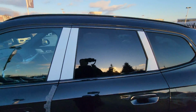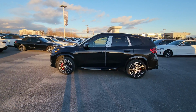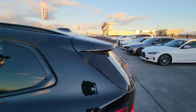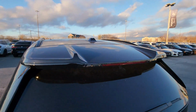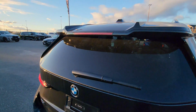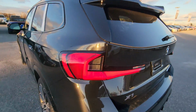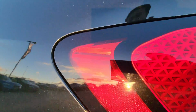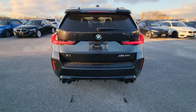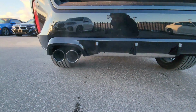And I'm just gonna take a step back here so you can see the side profile of this car. It pretty well looks like the side profile of the regular X1 M Sport model, but this is different. Very aggressive spoiler on the top here with those two lines, and we've got tail lights which are the same. That has not changed whatsoever. We still have interesting little triangular pattern on the side here, 3D sculpted tail light design. Now down here we've got the vertical reflectors, but we have a different style diffuser with the quad exhaust. So take a look,